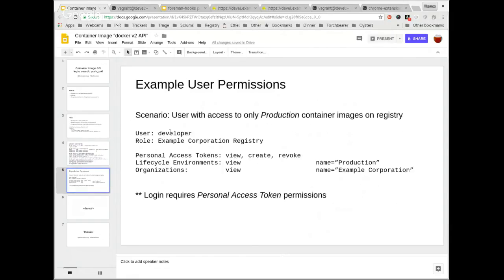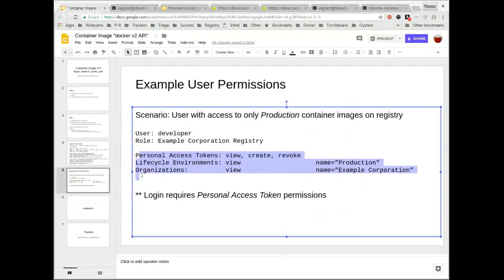And so, just a quick live example. My goal here is to set up a user so that they only have access to images that I've promoted to the production lifecycle environment. And this is the base set of roles that they need. So people may not be aware, but there's a new